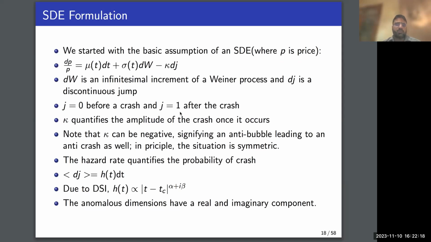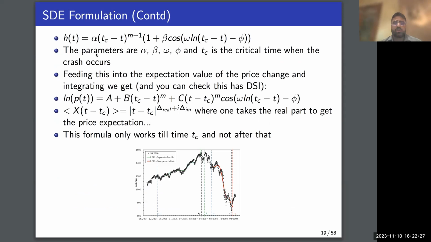So essentially, the power law has a real and an imaginary part, and what that means is that once you expand that out and take the real component, this H of t can be written down as a power law, and then also a cosine component multiplying the power law, right? Where you have all these free parameters now, and then you feed this hazard rate back into the expectation value